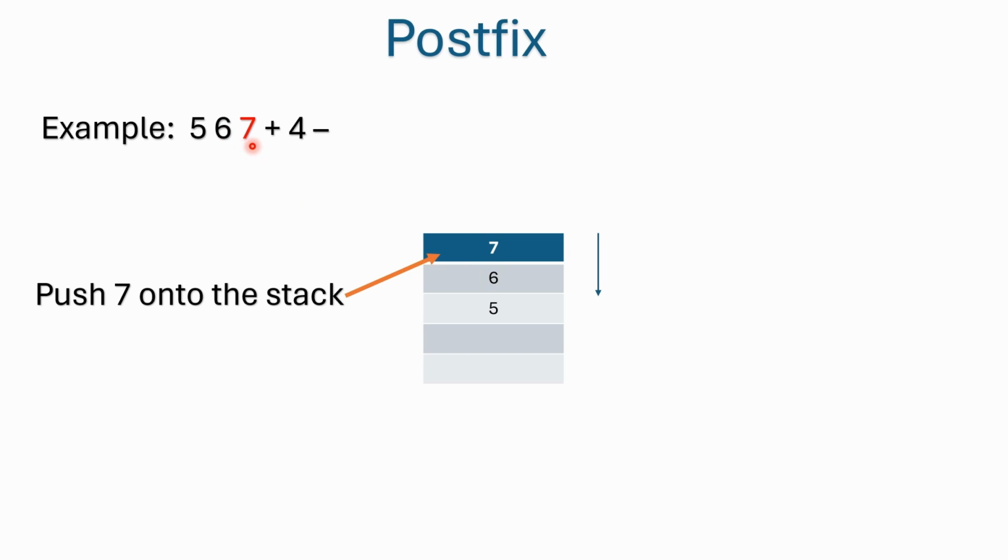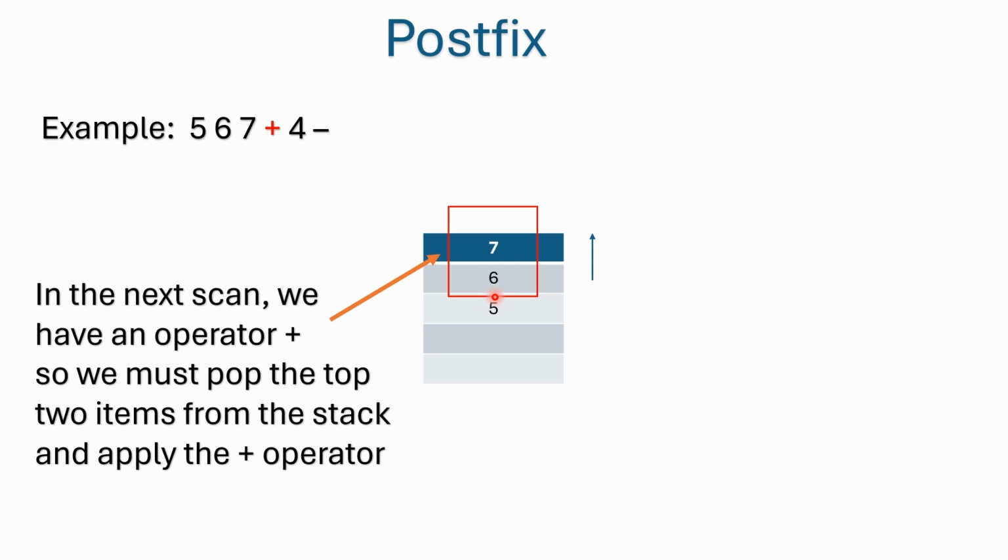But then going left to right, we run into a 7. So the 7 gets pushed onto the top of the stack. Everything else gets pushed down one position. Then we run into an operator going left to right, which is our plus sign. Now the plus sign is telling us that we must pop the top two items from the stack and then apply the addition operator. So what that means is we're actually going to pop off the 7 and the 6